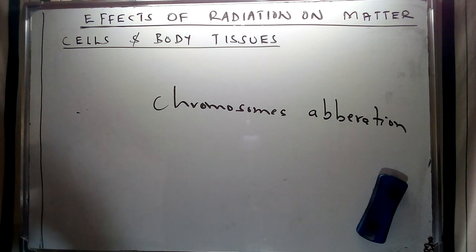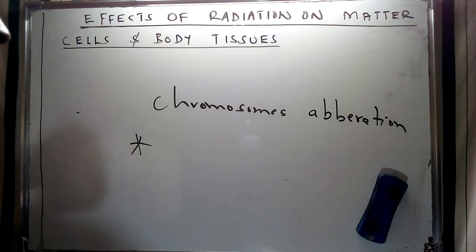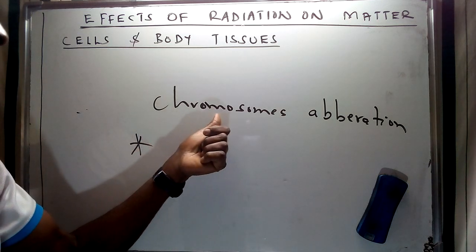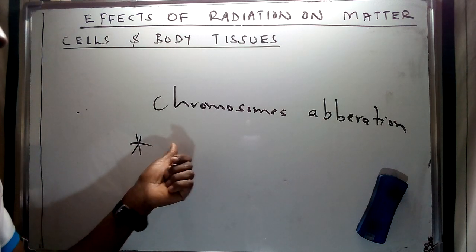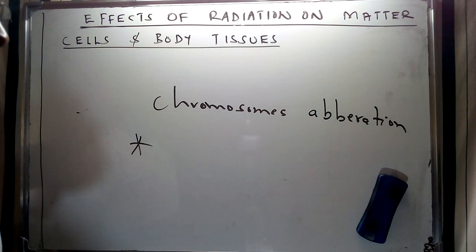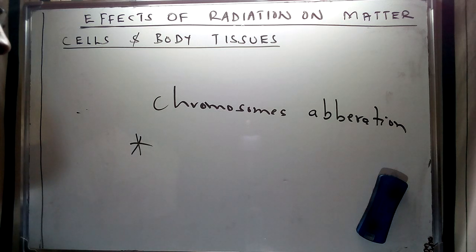And as we said, this can also be exploited to alter some of the negative consequences of chromosomal changes, whereby some of the diseases we have in our society are hereditary. So the chromosomal structure can be altered, especially in the genetic materials, in order to disrupt the inheritance of that negative trait. So we are going to see it from both perspectives, the therapeutic and the negative effect, and that is going to be one of the aspects of the effects of radiations on cells and some of the body tissues.